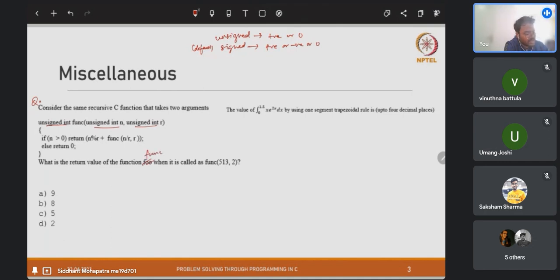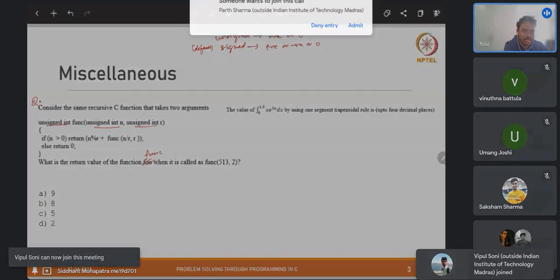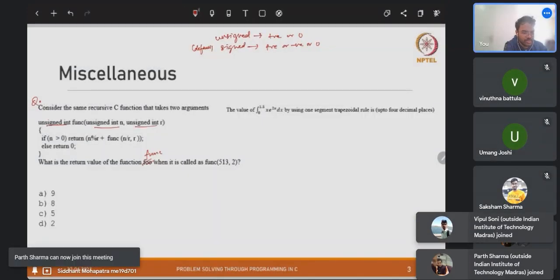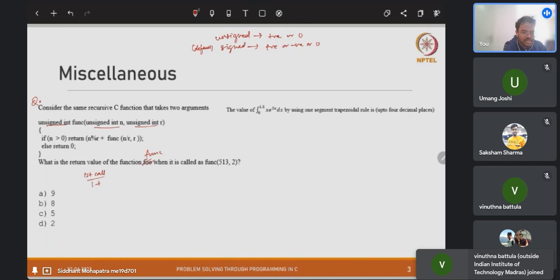So what is the value of the function func when you call it with these two parameters, 513 and 2? Let's check that out. In the first call, you call 513 comma 2. 513 is greater than 0, so it will return n percentage r, which is 513 percentage 2. 513 is not divisible by 2, so you will get a remainder of 1, right? 1 plus